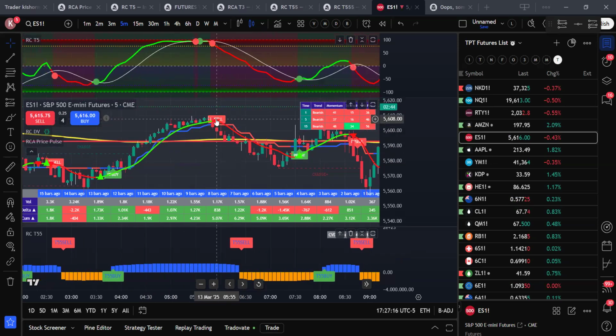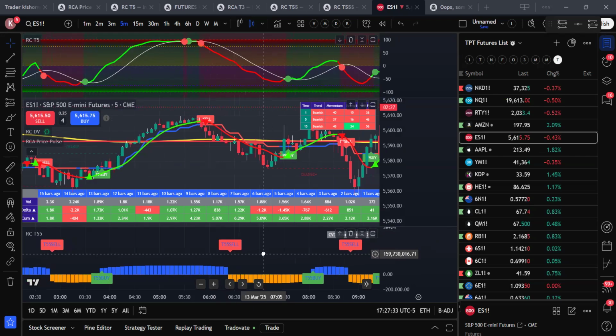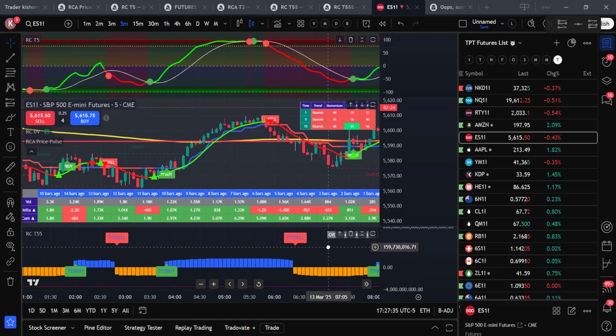In the same way, here you got T55 sell or price pulse sell. Here you got a sell. Here you got a sell. You got a perfect confluence, right? So it may give a little bit late, but whenever all the three are in sync, that is a perfect opportunity. Like that, whenever your T55, T5, price pulse, all the three are telling the same thing,